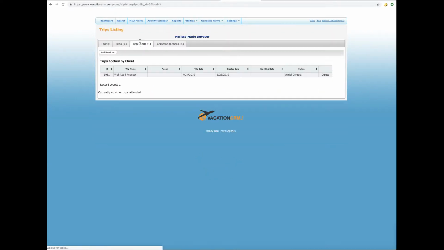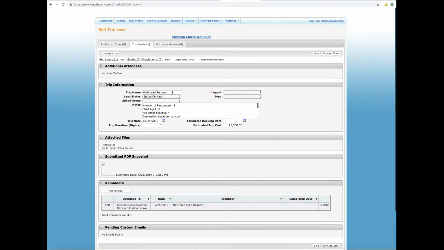So we're going to go over here to trip leads. If you see the trip name, it says web lead request. We're going to change that because you don't want that name for every trip that they take. You want to give everything a unique name. So we're going to say adult trip and